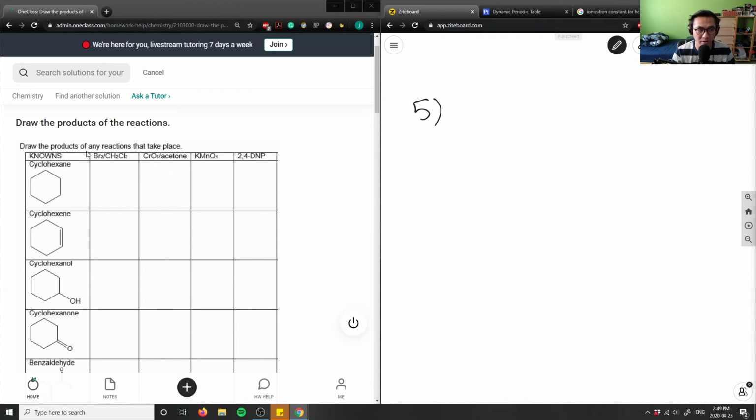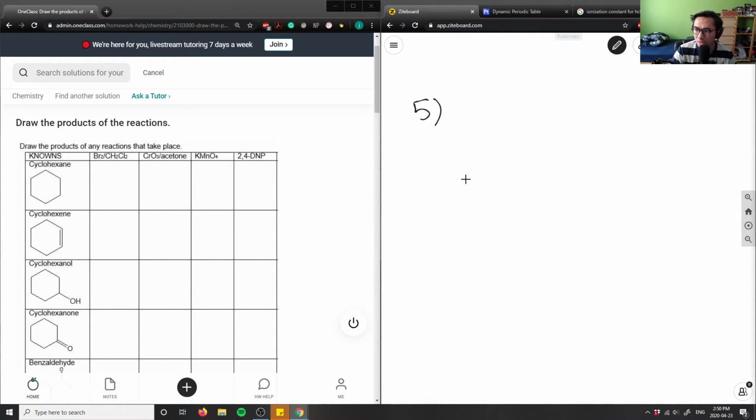Again, if I want to chlorinate it, I need to use radical halogenation to get some type of reaction here. So in this case, hexane has no reaction with this one. It does not go through an oxidation reaction or a reduction reaction here. KMnO4 is an oxidizing reagent, so it's not going to be reduced. CrO3 is chromium trioxide. This is a reduction. Oh no, this is also an oxidation. Sorry, also an oxidation reagent here, and then 2,4-DNP would be our